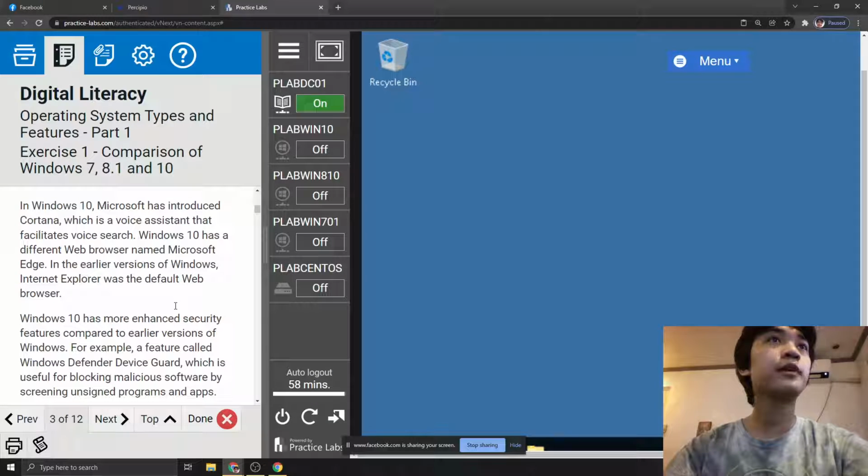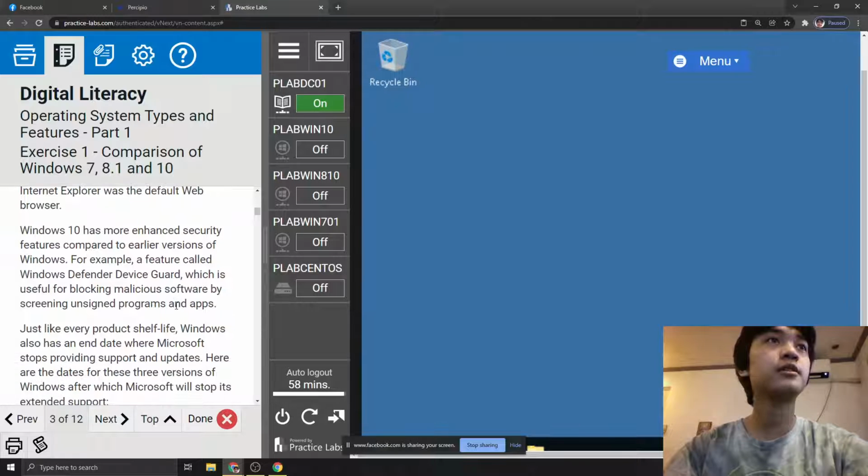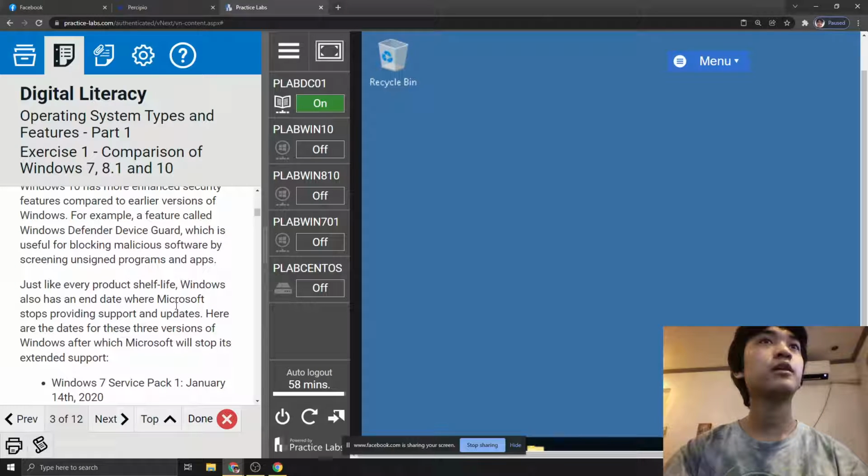In Windows 10, Microsoft has introduced Cortana, which is a voice assistant that facilitates voice search. Windows 10 has a different web browser named Microsoft Edge. In the earlier versions of Windows, Internet Explorer was the default web browser. Windows 10 has more enhanced security features compared to earlier versions of Windows. For example, a feature called Windows Defender Device Guard, which is useful for blocking malicious software by screening unsigned programs